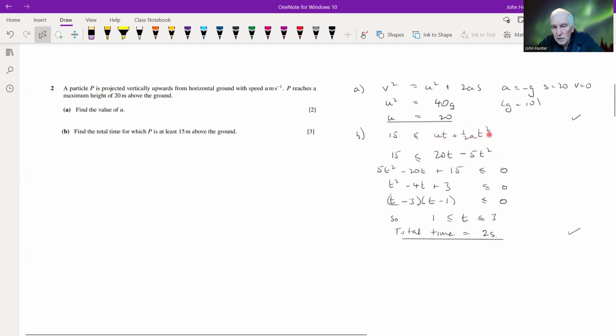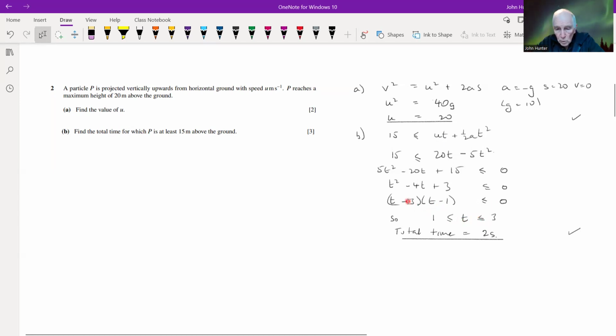We're interested in the values of t for which that is greater than 15. Given that, if we just rearrange this, make it look like this, then we're basically solving a quadratic inequality. We generally have to be a little bit careful about signs when we're doing this, but on this one we've got it factorized, and it's probably easy to see that if we've got a value of t between 1 and 3,